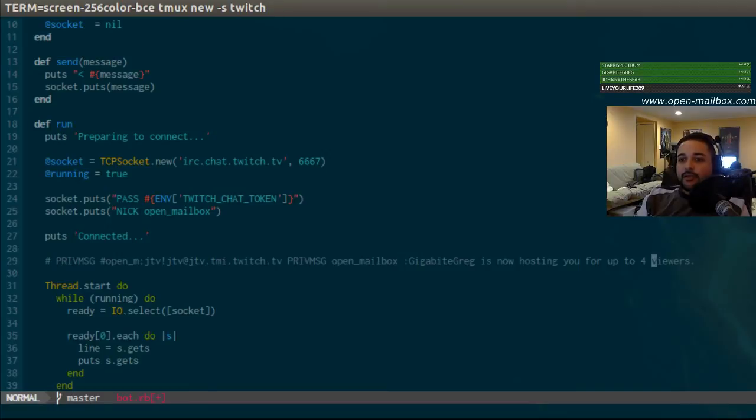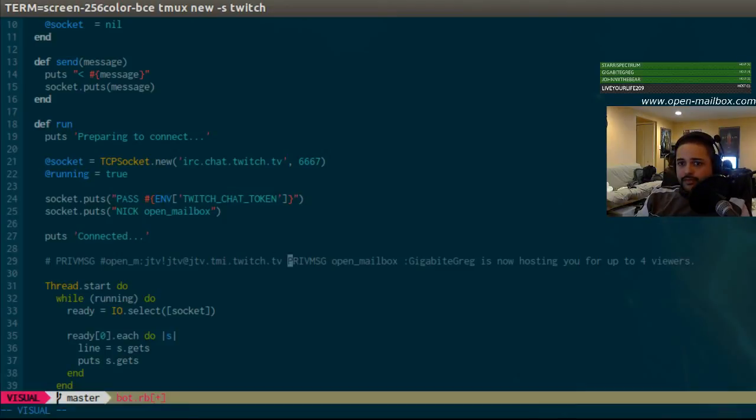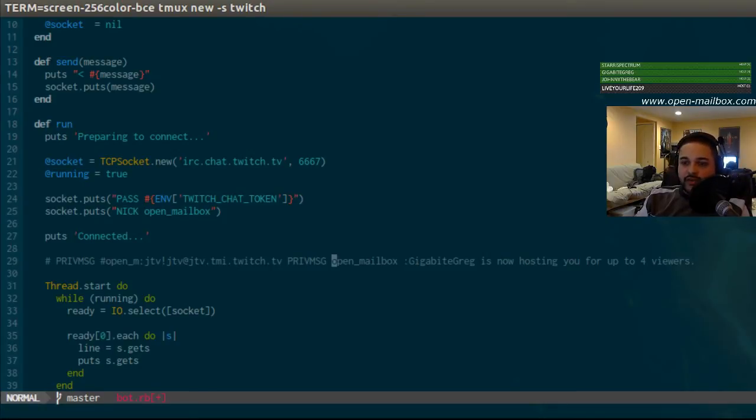And we need to be able to parse this so we can pull out the message. So this is some metadata over here. PRIVMSG is the command that's being sent, which is a message. Open mailbox is the channel that we're getting it from. And then everything beyond the colon is the actual message itself.